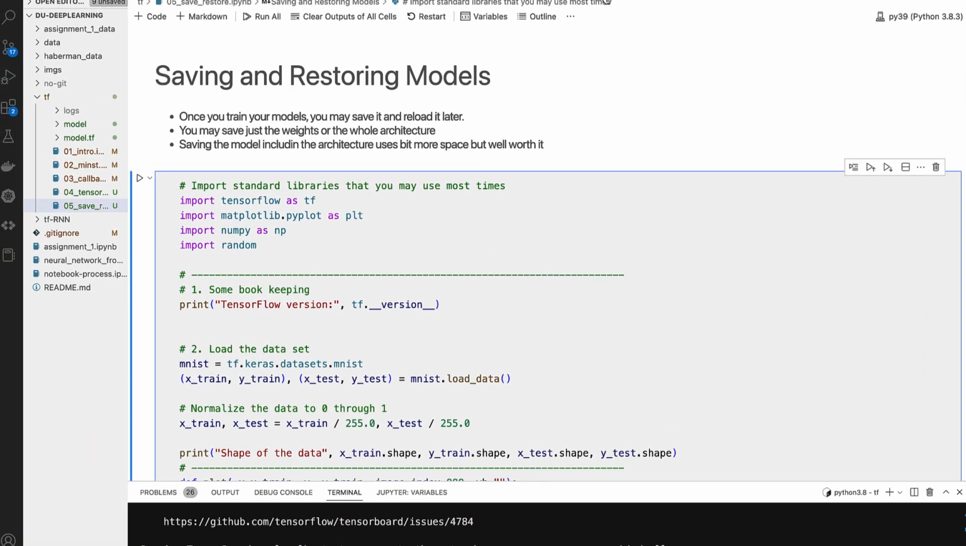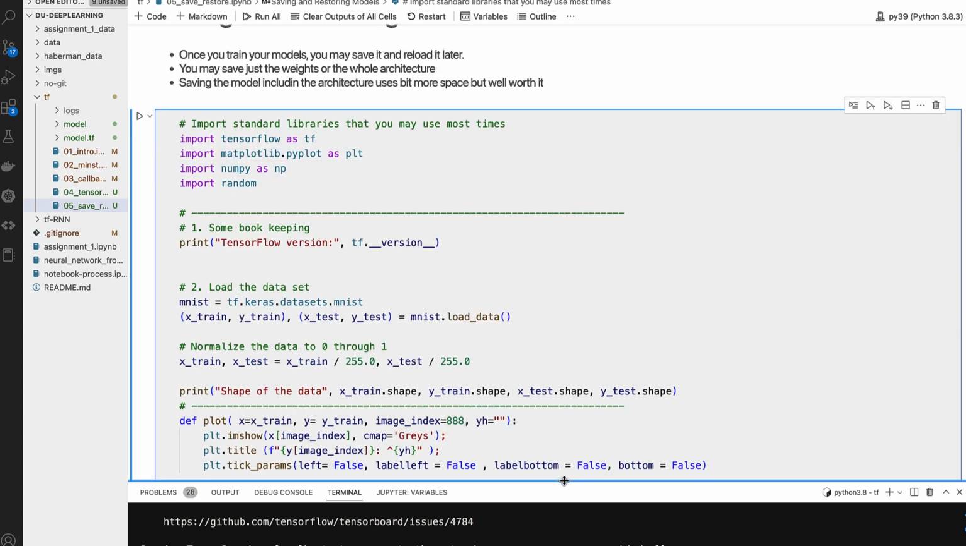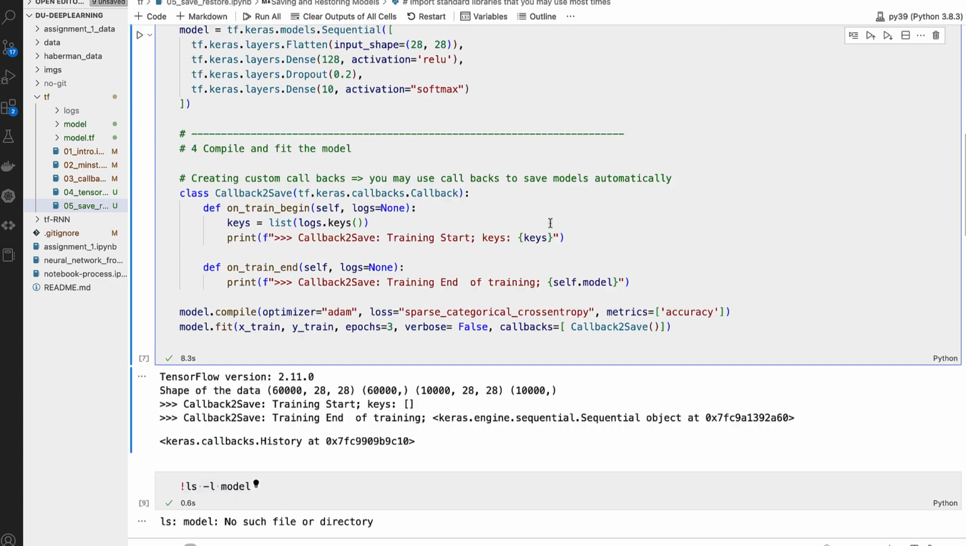So here is the same working example, loading the MNIST data and then training it. Once you run the model, you can also use callbacks. For example, a callback to save the model when training ends, or you can look at the epochs and monitor the accuracy of the model, and if the accuracy seems to decrease or the loss seems to increase, you can choose to stop the training and save the model that best